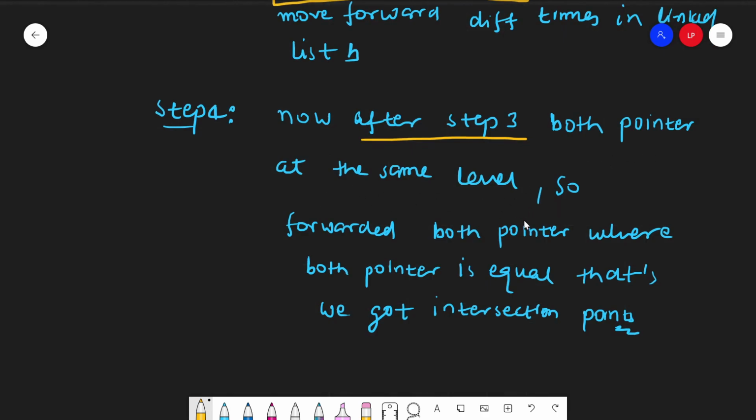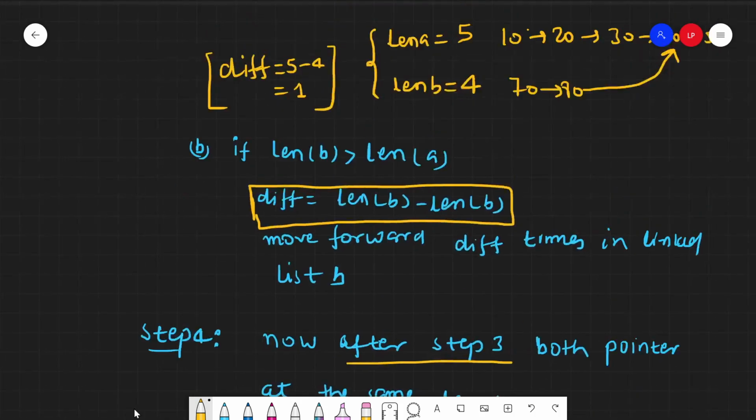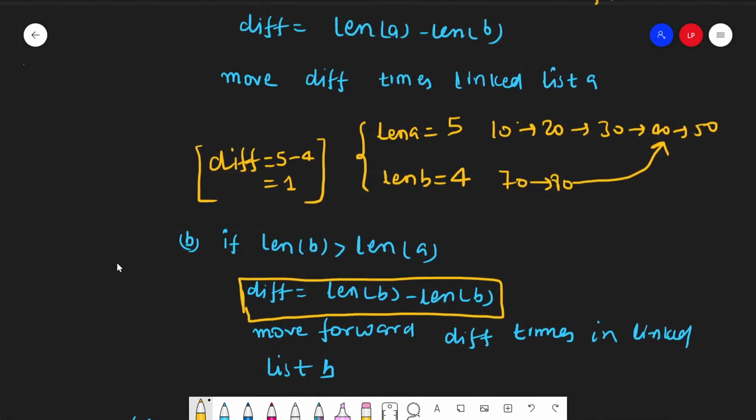We move both pointers forward until they are equal, and that gives us the intersection point. We can look at this with the help of the example. In step 3 we found the difference. After getting the difference, what can we do? Because here the length of A is 5, which is greater than the length of linked list B,